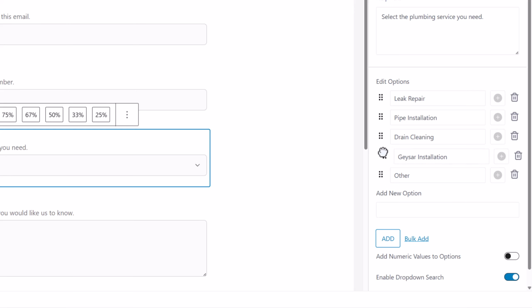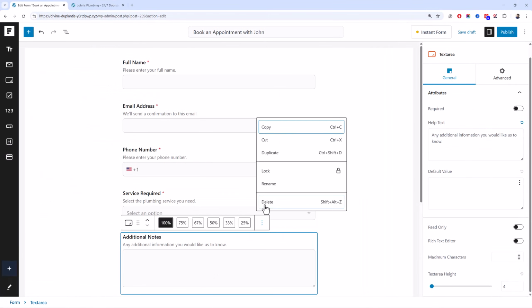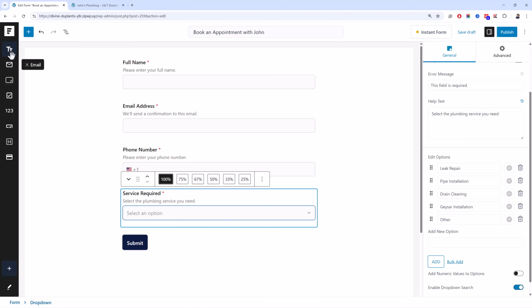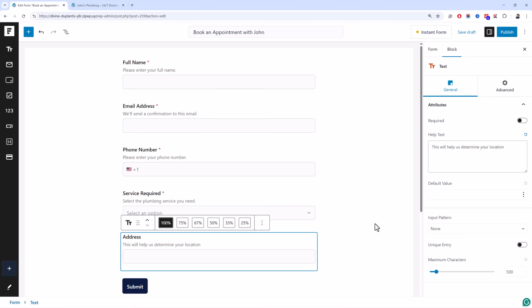You can also drag the field to arrange them however you like. And instead of additional notes, I'll just delete this one. I'll add a new text field, and I'll call this